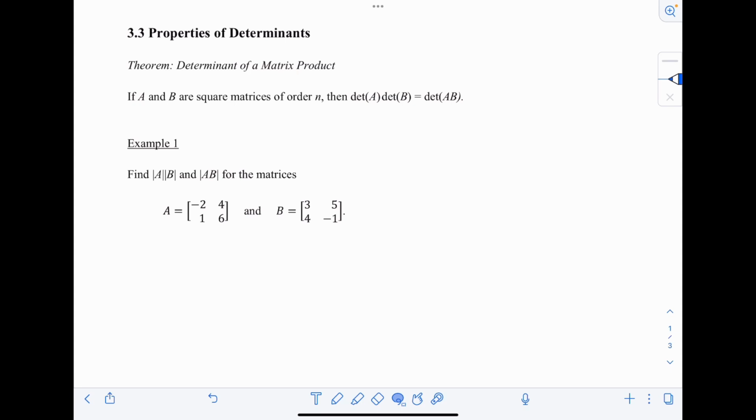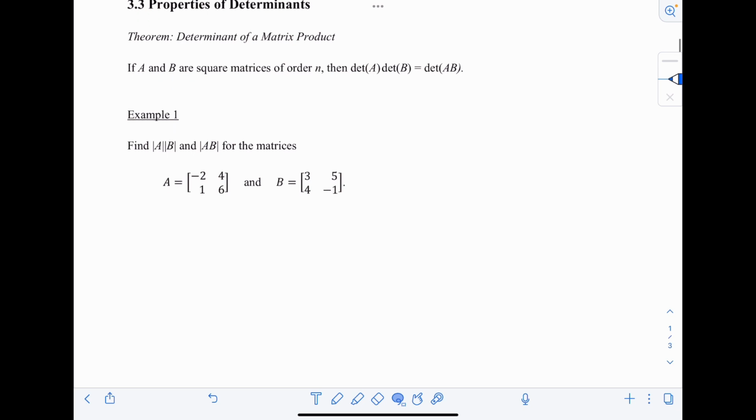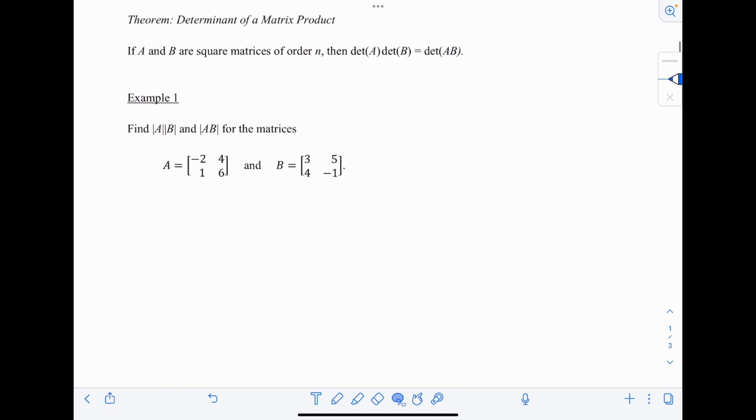This is lesson 3.3, Properties of Determinants. By now, you should be well versed, well practiced in finding the determinant of a matrix. And now we're just going to go through a kind of a hodgepodge of theorems that just relate to various properties about determinants. So our first one is the determinant of a matrix product, which just simply says that if